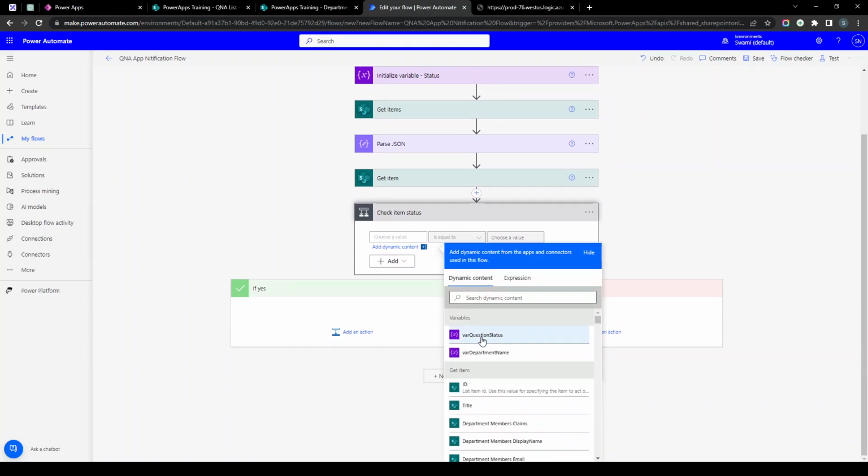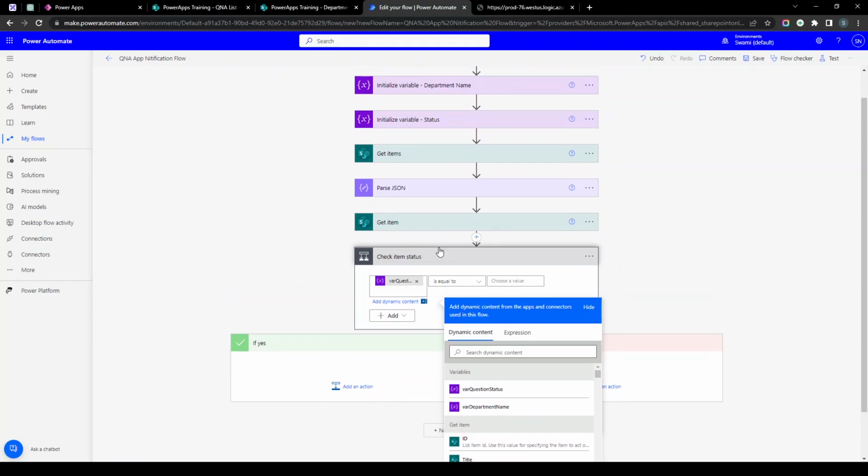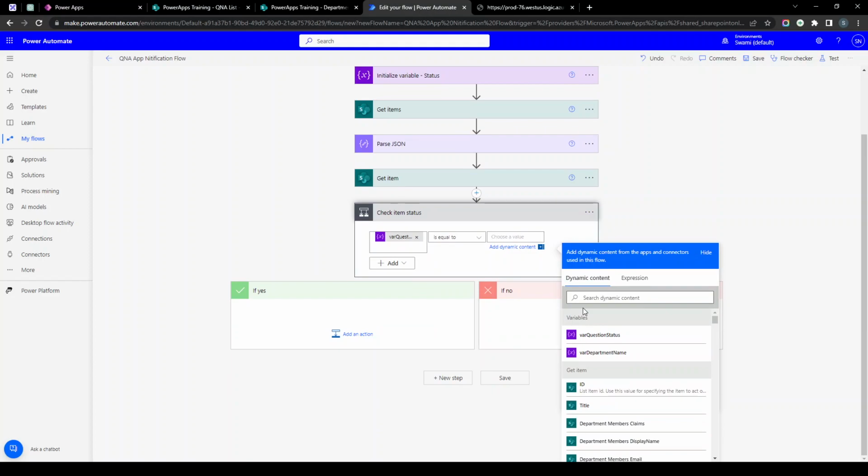I will choose the value as question status, because we are storing that value here. If it is equal to response pending,